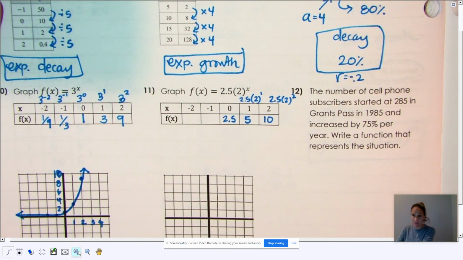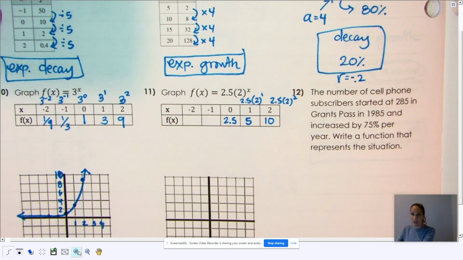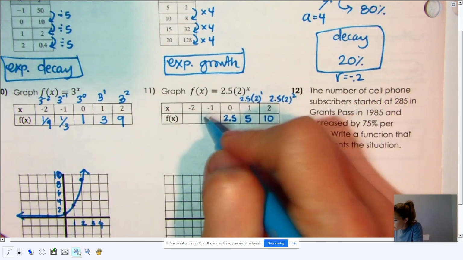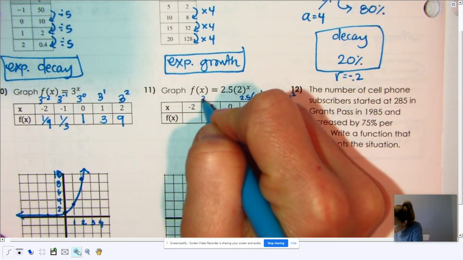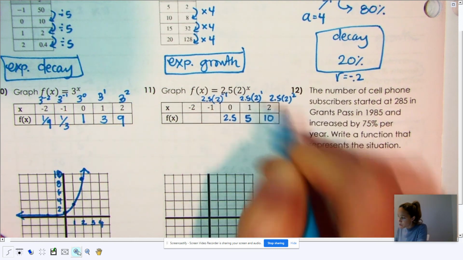And you guys can totally use your calculators on these to get those answers. I want to make sure that you guys understand the concept of it. But sometimes the calculations can get in the way there, especially when we have some numbers that aren't quite super nice. Okay, and so for this to the -1, we have 2.5 times 2 to the -1, which means divide